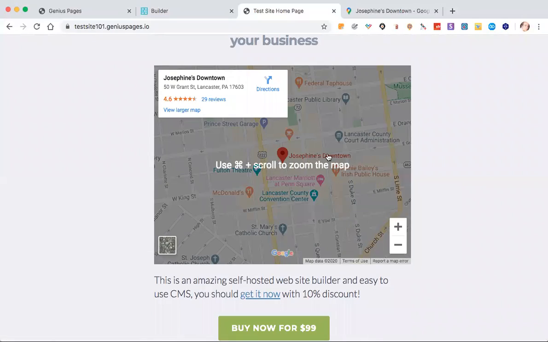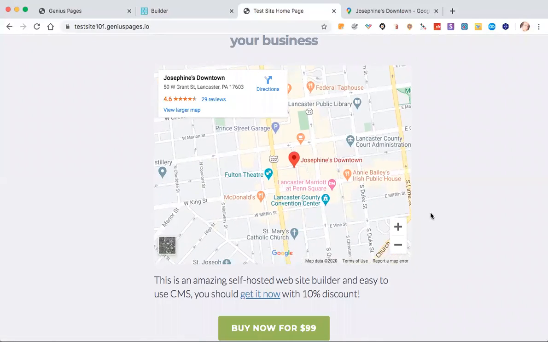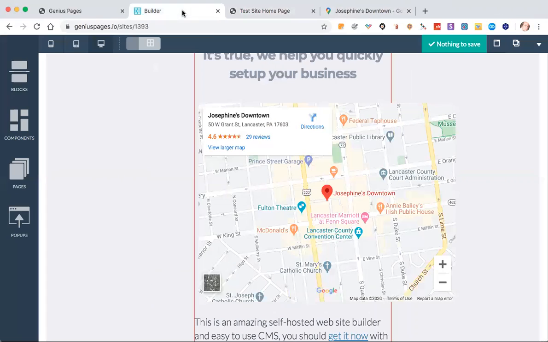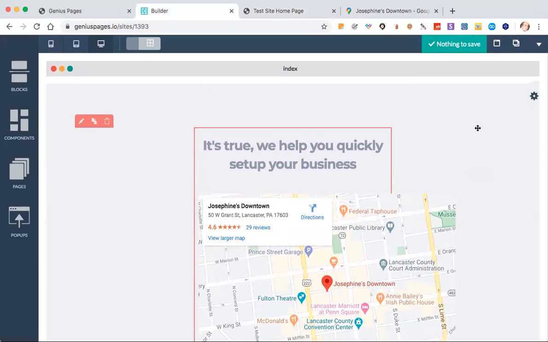And there's our map. And you can scroll it around. It's a regular Google map. You can zoom in, you can zoom out, and you can hit View Larger Map, and that will actually open that map in Google Maps if they want to get directions and things like that. So there are all kinds of things they can do from there. So that is how to do